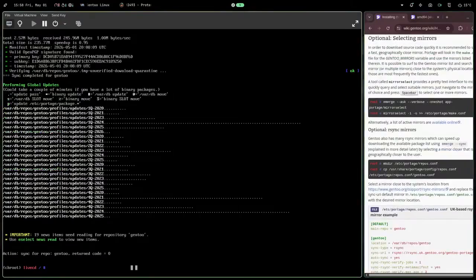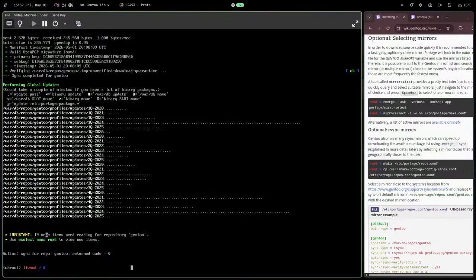Every time you update in Gentoo, if there is relevant news, if the developers are trying to inform you about a change in terms of architecture or package dependency conflicts, anything like that, they always make it available to you